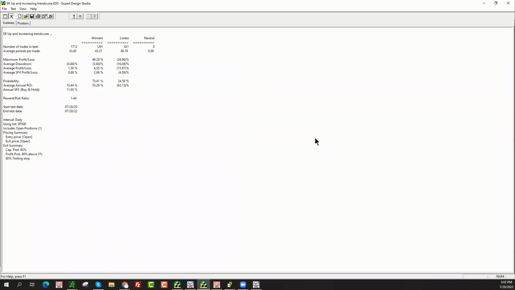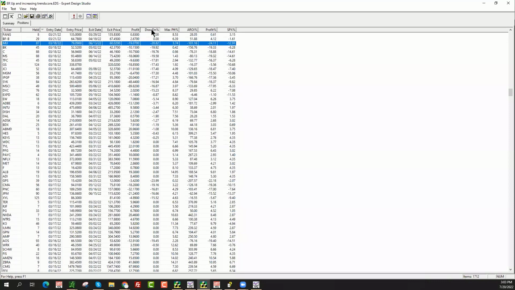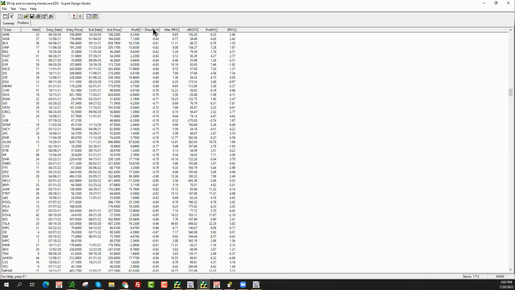So this can be either a smaller database, like when we ran on the Dow 30, or we can look into adding more stringent rules in here and trying to eliminate some of the losers. Because when we look at the drawdown in here, and I did look at this before,